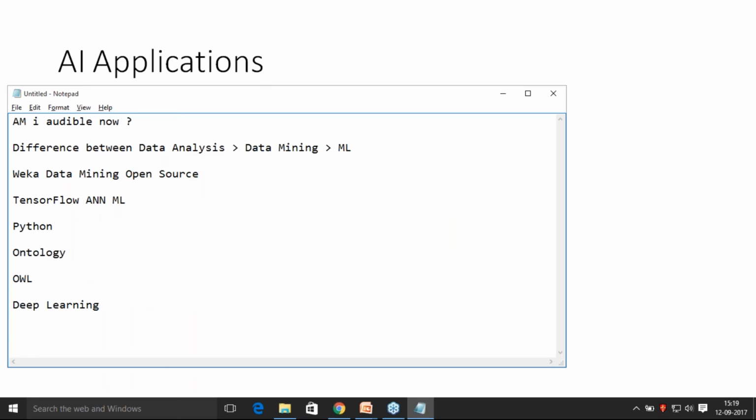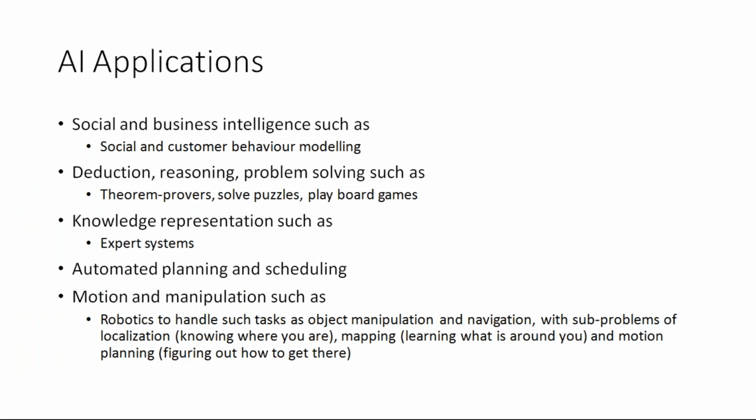So now every image processing task they want to use deep learning because it's a very great approach. What is deep learning, we will see in day 3 or day 4, but for the time being just see that deep learning has benefited computer vision and speech recognition like anything. And we do have applications in social and business intelligence, like social customer behavior modeling. We all know Visa, credit card fraud detection and all that. Now they're all AI based.